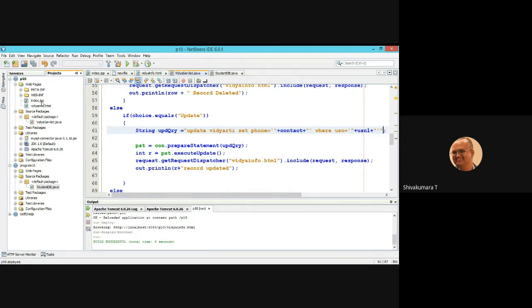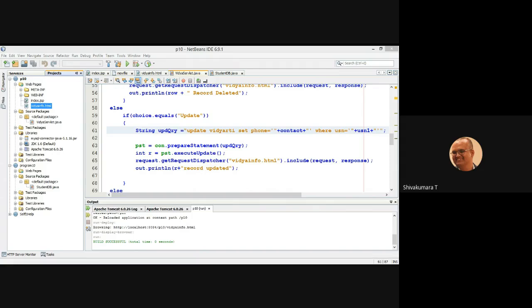So now rerun the code, select the one which you want to update, update it. One record updated. Display it, submit, the new value is updated.